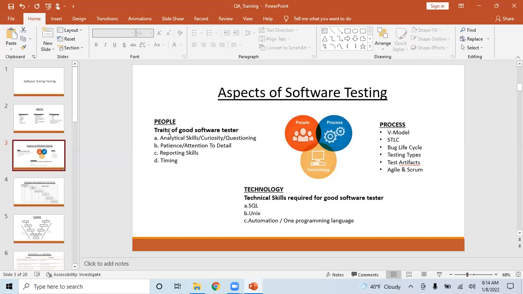When you're writing test cases, you have to think of all kinds of different scenarios, and not only whatever scenarios you wrote before. While you're doing testing, you have to do some exploratory testing, and that's where patience and attention to detail is also a very important skill.